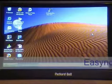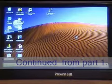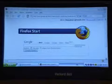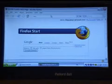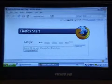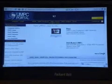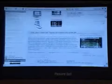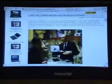Okay, so we're logged in, and I'll just show a couple of apps starting up. Firefox, that was probably starting up from cache actually, so let's go to umpcportal.com, put that into full screen mode. Performance is okay, there's nothing really, and that wasn't a cached page, and this is coming over an Ethernet connection,